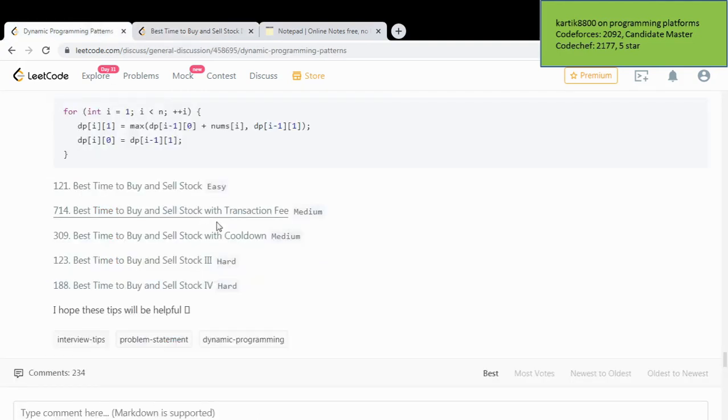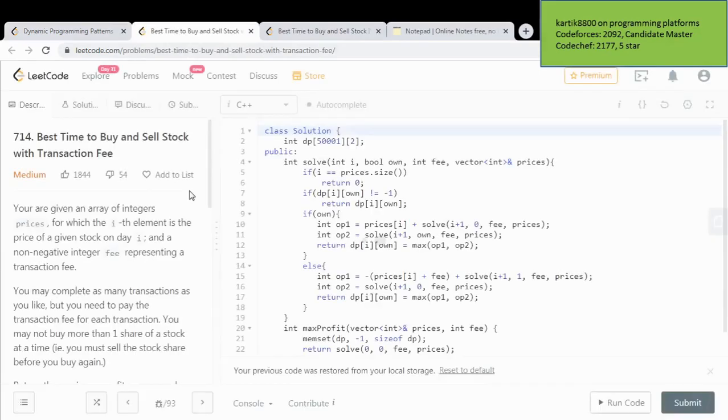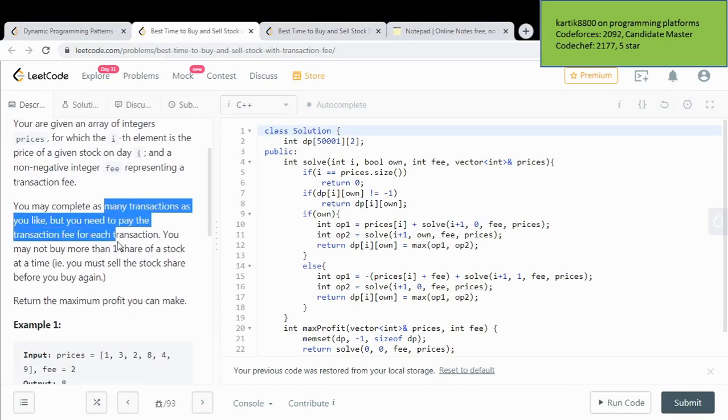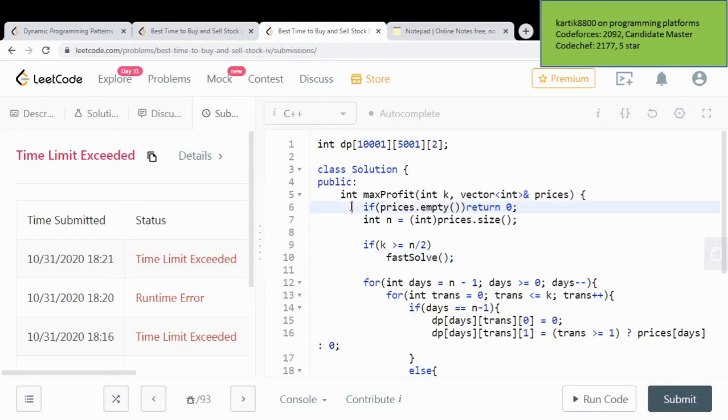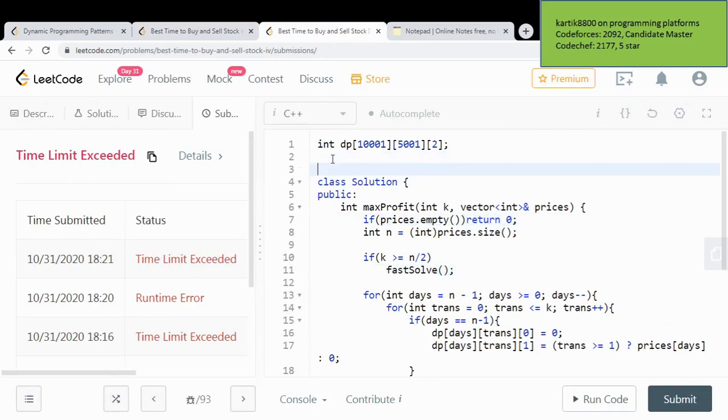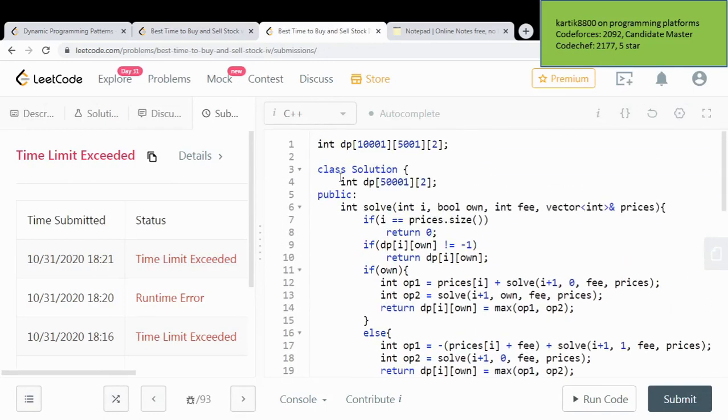It was the problem best time to buy and sell stock with transaction fee, with cooldown. Let me open this one. I think it was the one with as many transactions allowed. You may complete as many transactions as you like, but you need to pay the transaction fee for each transaction. Yep, we are going to use the same code. Yeah, we'll use this one. I'll say solution 2, we'll call it solve only,